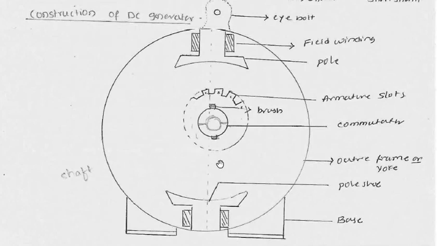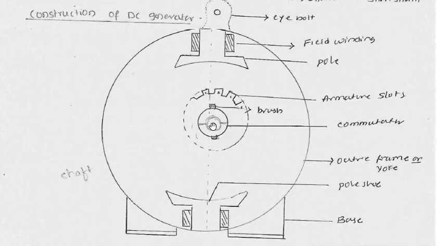The armature consists of slots on the outer periphery, right? You can see the slots on the outer periphery, and the armature is made using silicon steel, and it will be laminated. Silicon steel reduces the hysteresis loss, and the lamination helps in reducing the eddy current loss. Those laminations are stacked together to form the cylindrical structure that forms the armature core, and this armature core